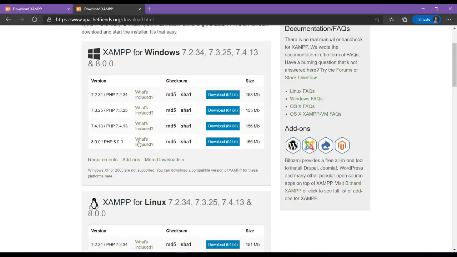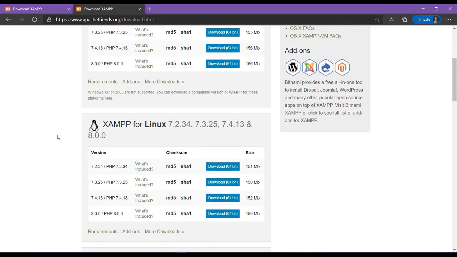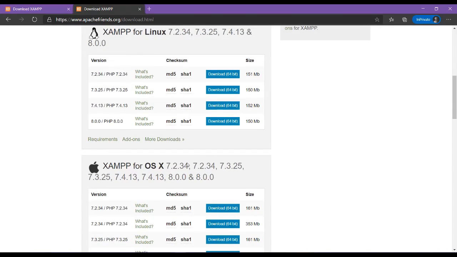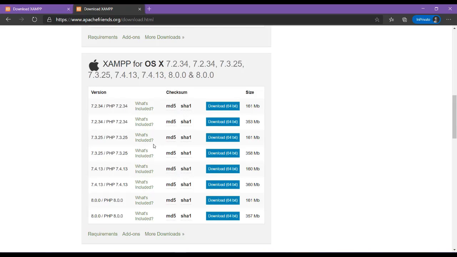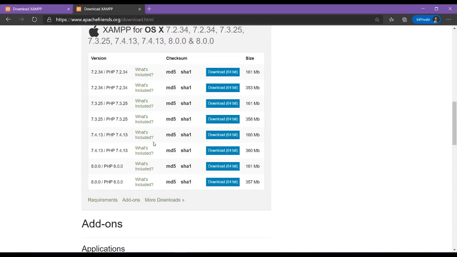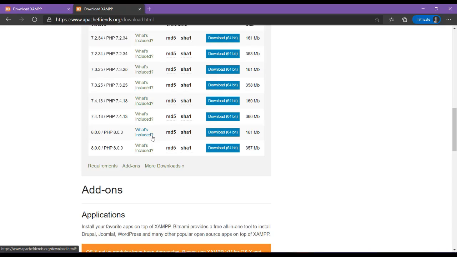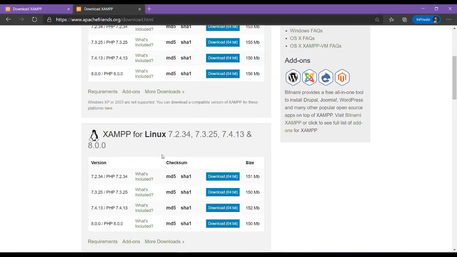I would prefer the latest version because I think it's much more useful. And for those who have Linux OS or Apple OS, they also have control panels for those operating systems. Now, after that, you just press download